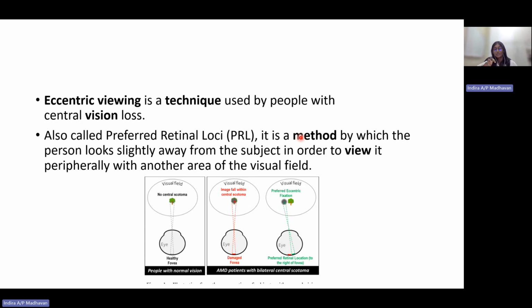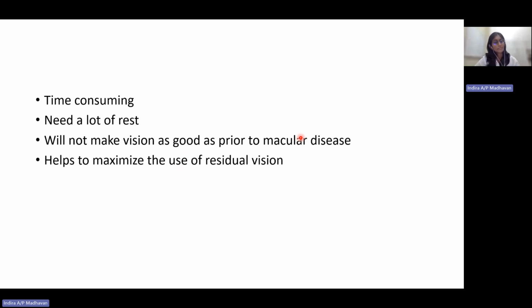So that's why we train patients with eccentric viewing training. Next, another thing that you have to remember when it comes to eccentric viewing training is that it is time consuming. As I say, it is not like a 1 day thing or within a week. No, it takes a longer time,